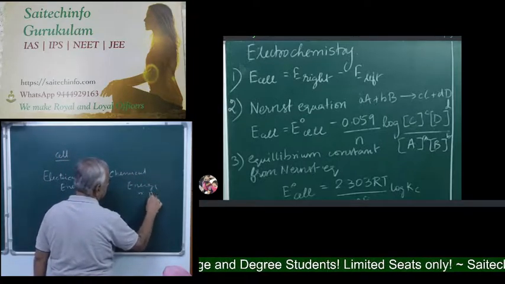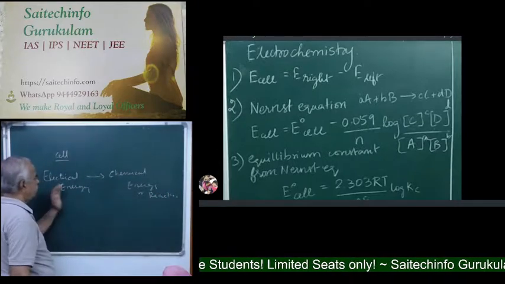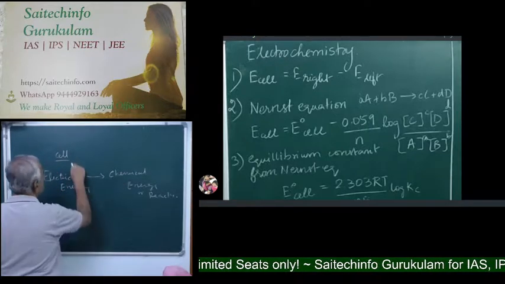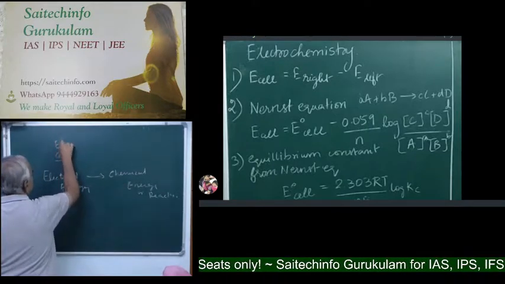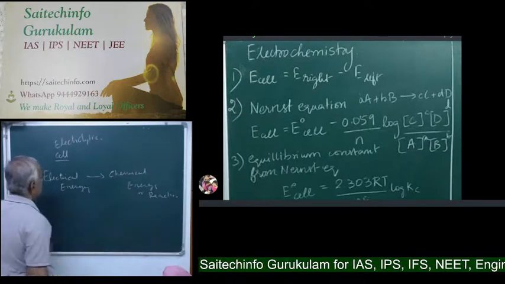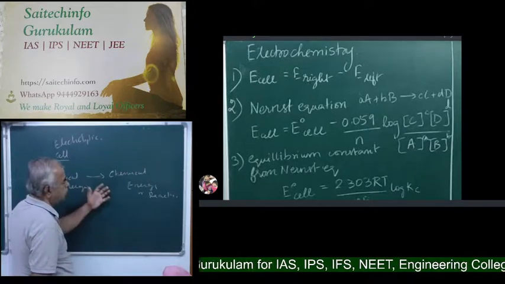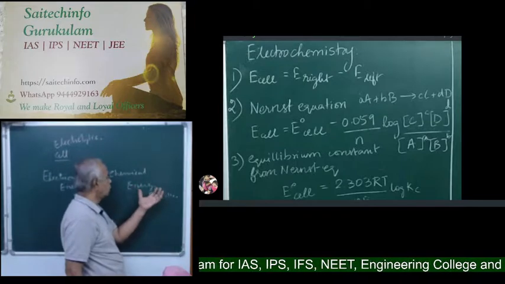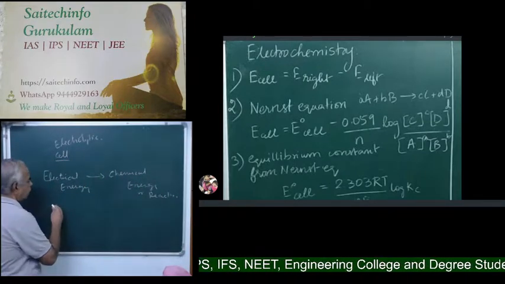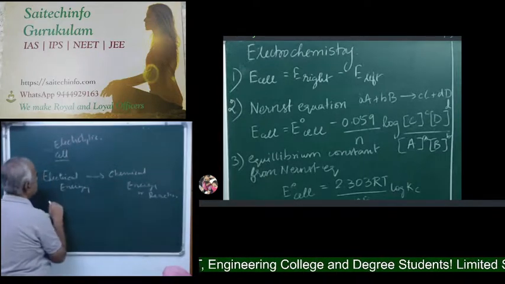Energy, or you can call it reaction. And the cell associated with this conversion of electrical energy into chemical energy is called electrolytic cell. It means by using the current electricity, we are able to work out the electrochemical reaction, that is chemical reaction. So here we can have the inverse of this one.